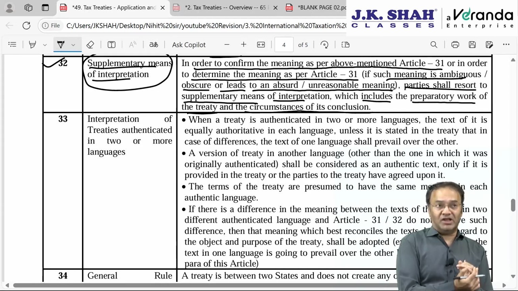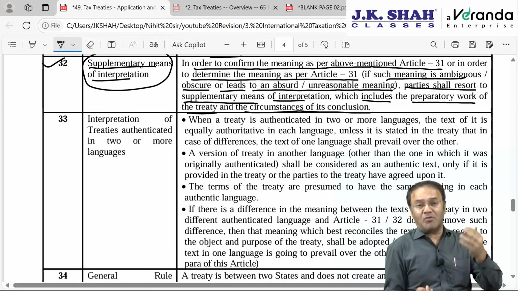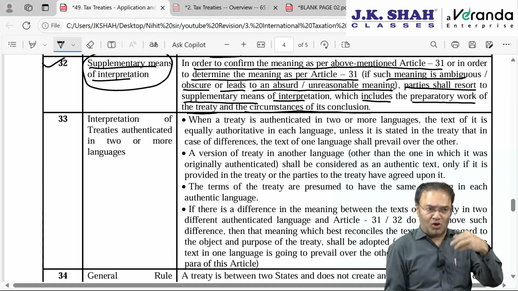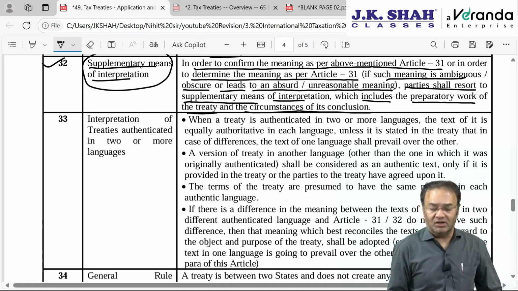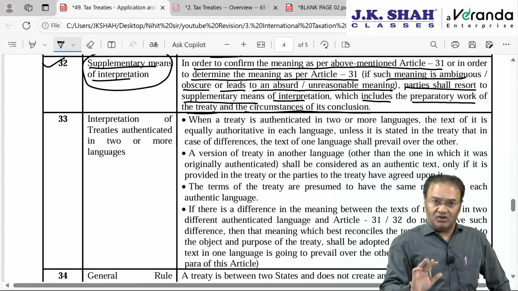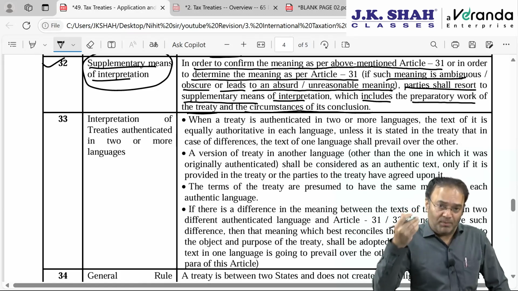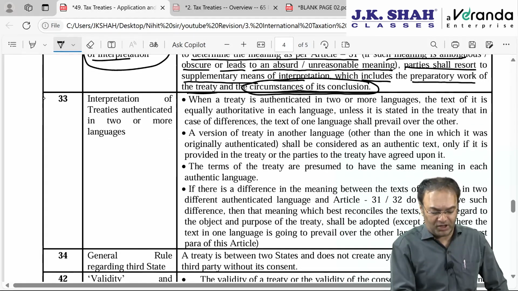India, Pakistan, when they entered into the treaty, Jawaharlal Nehru, our ex-Prime Minister, signed the treaty. At that time, there was a lot of pressure from the United States. The US was an ally of Pakistan. There was a lot of pressure on India to sign that treaty with Pakistan. So we were compelled to sign. However, now today India does not want to follow that treaty. So in that case, in what context was it used? Apart from context, also refer to the circumstances of its conclusion. Under what circumstances the treaty was entered into will also play an important role.